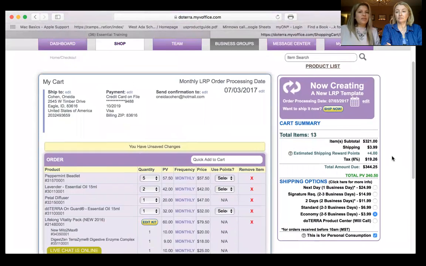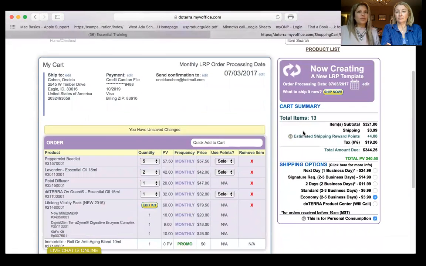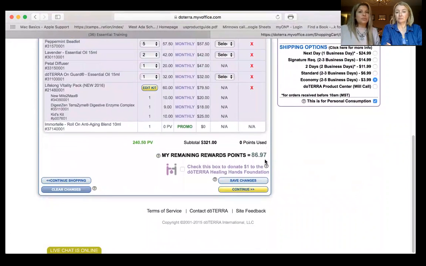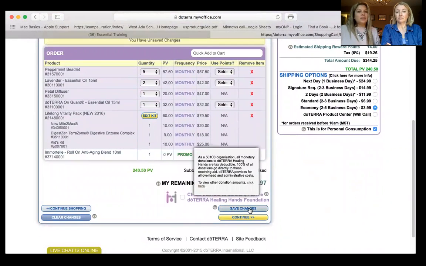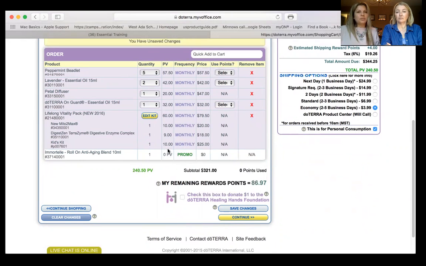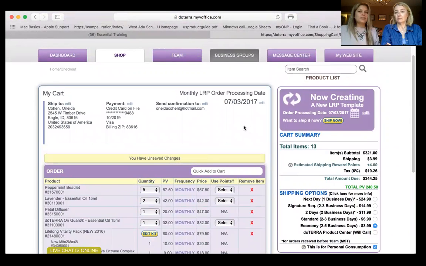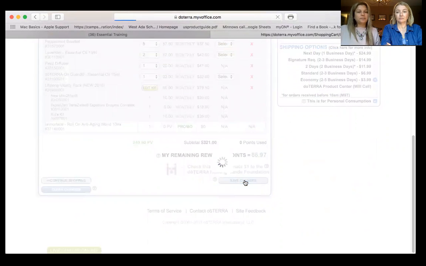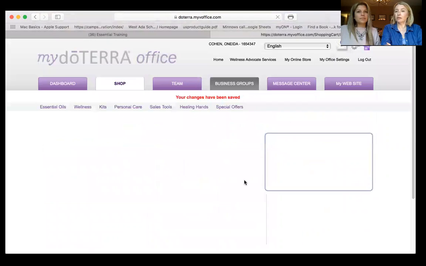Okay. And when you use your points, you will have the option to ship now, because that's how it's going to be processed. Or if you just want to do it without using the points, you can do save changes. So let's save the changes, and you're going to see that. Do you see how automatically it added the free promo for the month because I was over 200 PV? But remember, this is not going to go out until July. So it will show what the free product of the month for July is if you have at least 125 points. So I'm going to say save changes. And you're done.